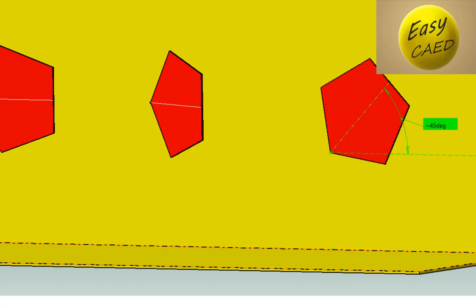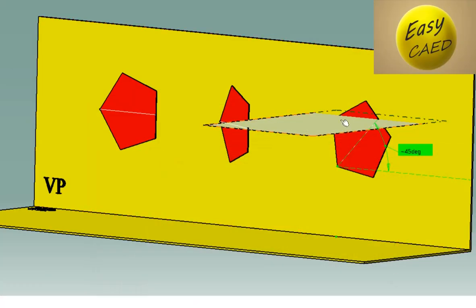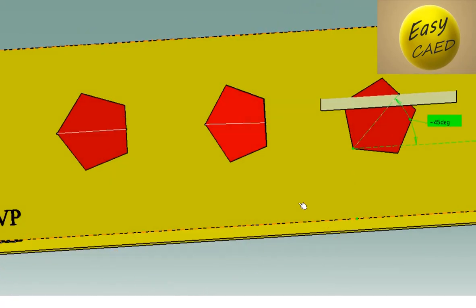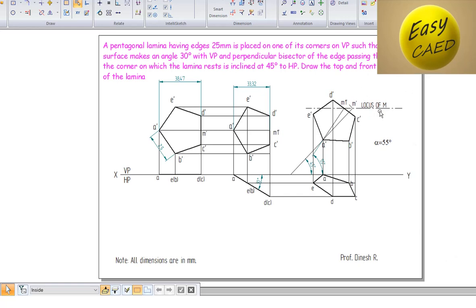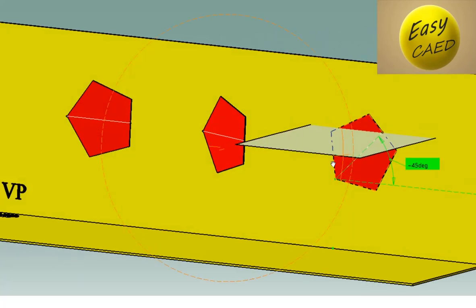So when you are going to draw it, we are going to consider drawing the locus. The same thing we are going to do with respect to the 3D model. After drawing the true inclination with respect to HP, which is 45 degrees, we are going to keep the pentagon here. Then I am going to draw the locus line. This is the locus line. Same thing here. This is the actual surface. That's why we represented it as the locus of M in capital letter, because it is the actual surface. It's a 3D surface.